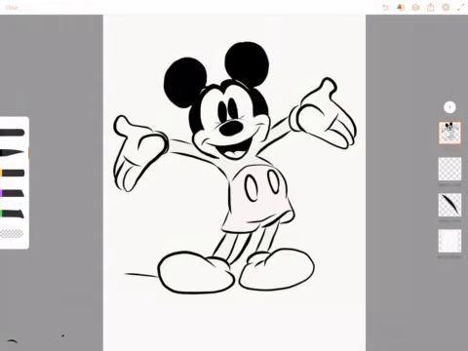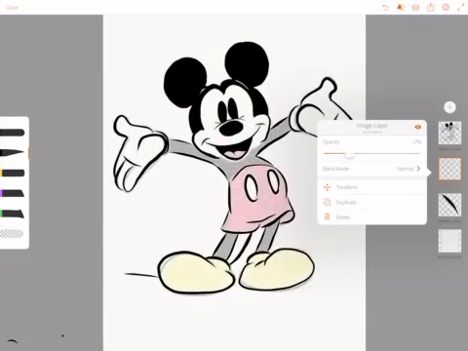Looking a little bit rough there. Need to fix that. And I noticed that I've left his chin out. I need to bring back the template so that I can